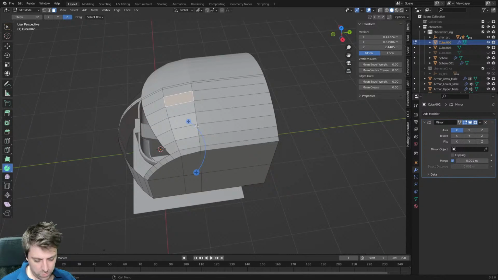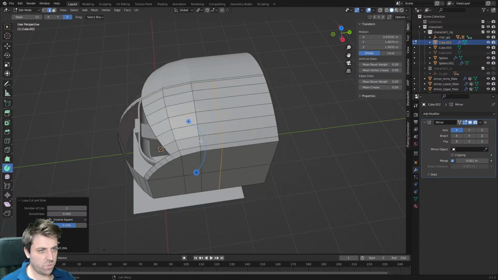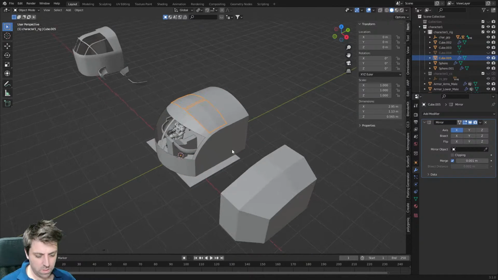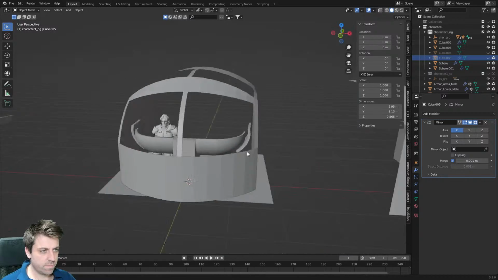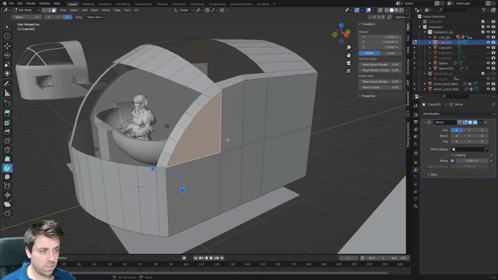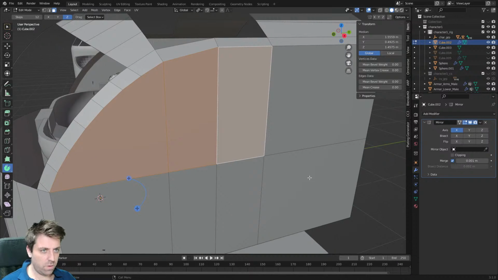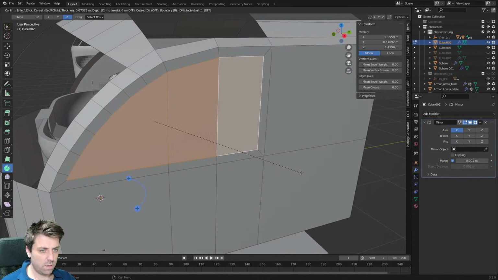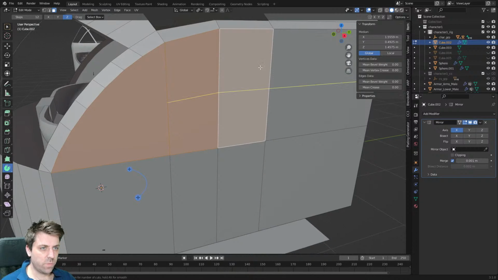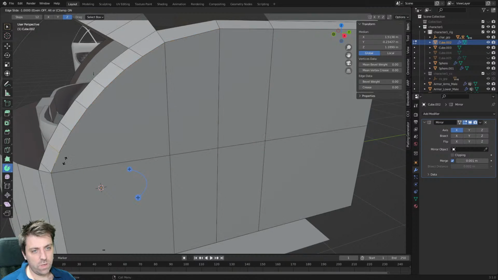Maybe we might even do, let's put an edge loop through here. P, separate by selection. Hide. And then this section in here, we go I. Can I put an edge loop through there? No, I can't. Okay. So what I'm thinking is maybe we follow